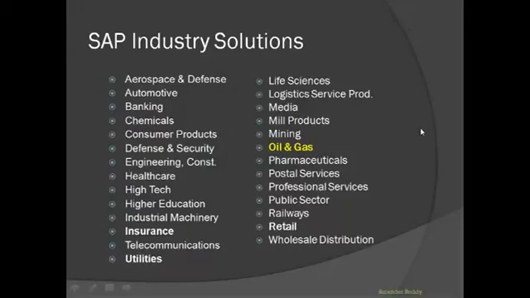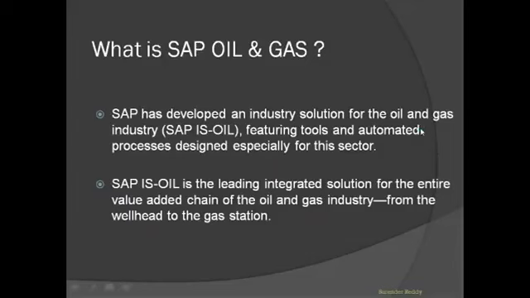So, what is oil and gas? SAP IS oil and gas. Yeah, it is also like a basic domain, but it supports the basic domains like SD processes. This IS oil and gas domain supports the SD process in the oil and gas business. MM processes, okay, this will support the MM process like logistics. SD processes like pricing, back orders, those things it will support. Third party sales, those things SAP IS oil and gas supports.